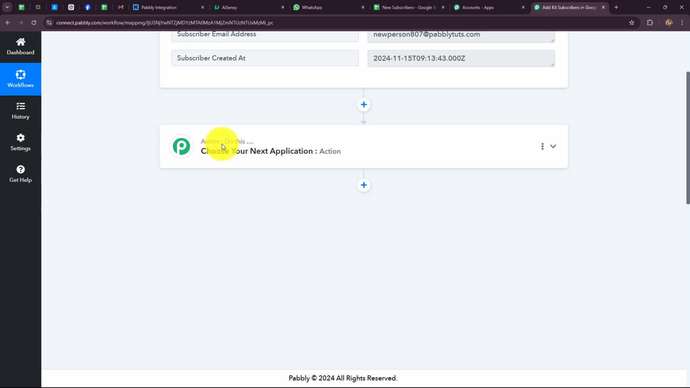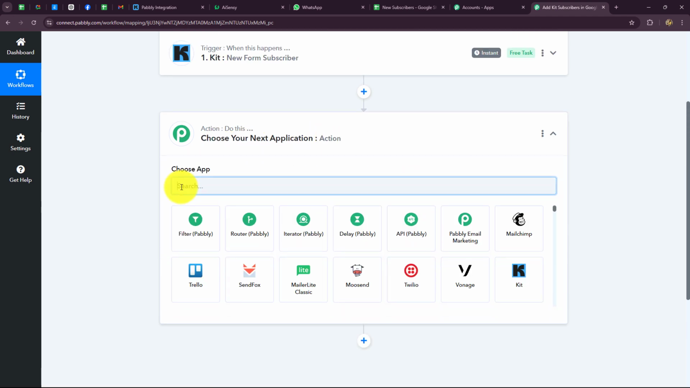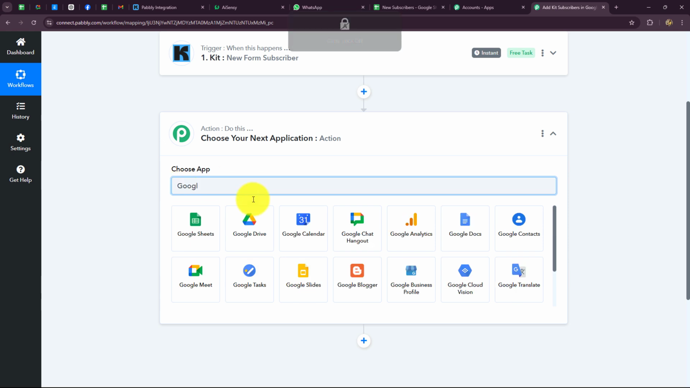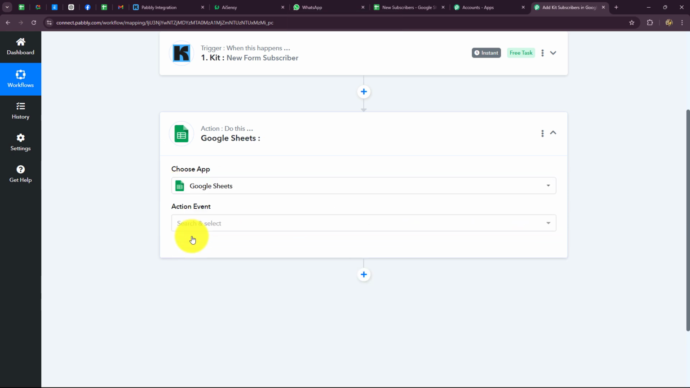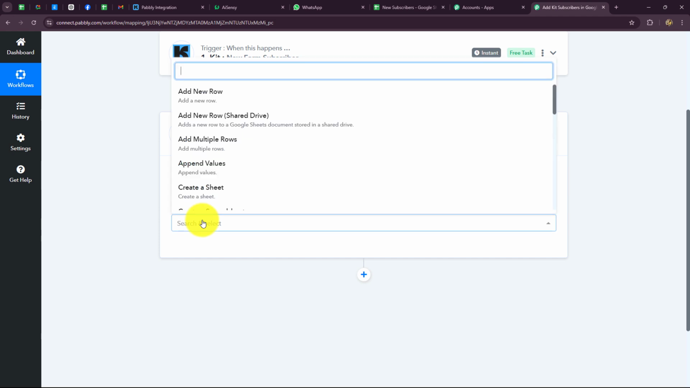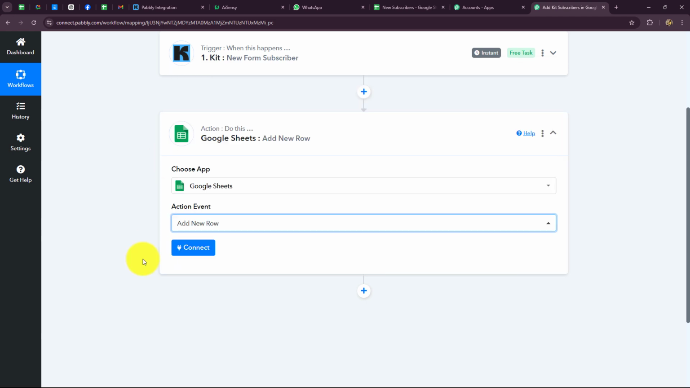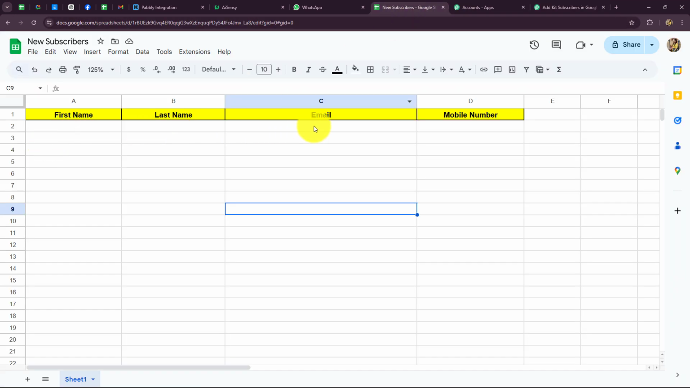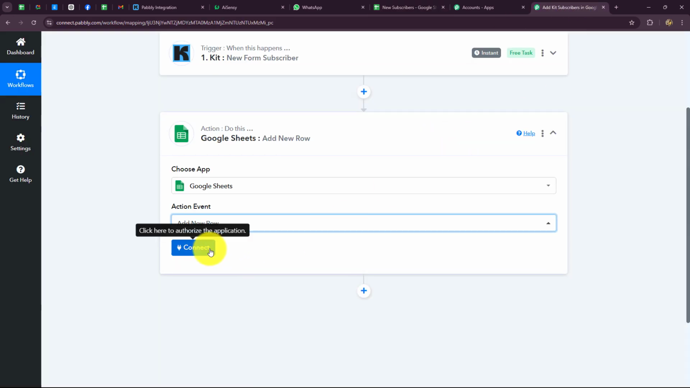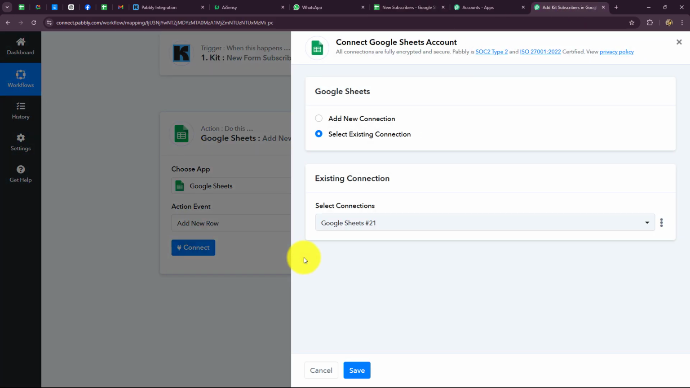So let's go towards our action step. Our action application over here will be Google Sheets. So let's select that. Then we have to select the action event. So our action event will be add new row, because I want that whenever a new subscriber will be added in Kit, the response of that subscriber should be recorded in my Google Sheets in the form of a new row. As we have done that, now we'll click on connect to build the connection between Google Sheets and Pabbly